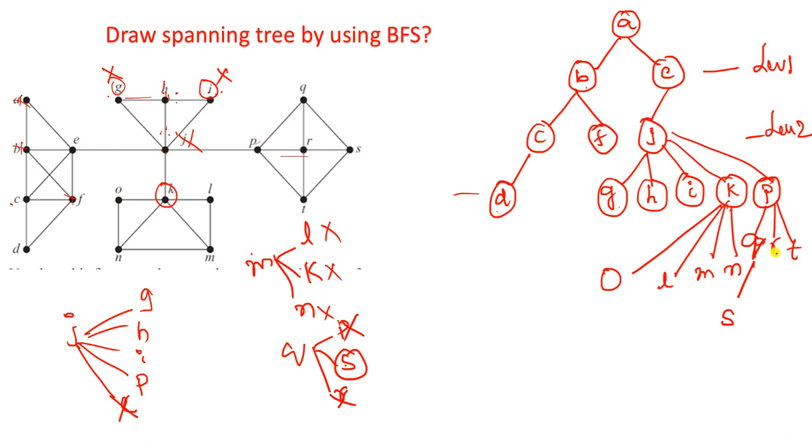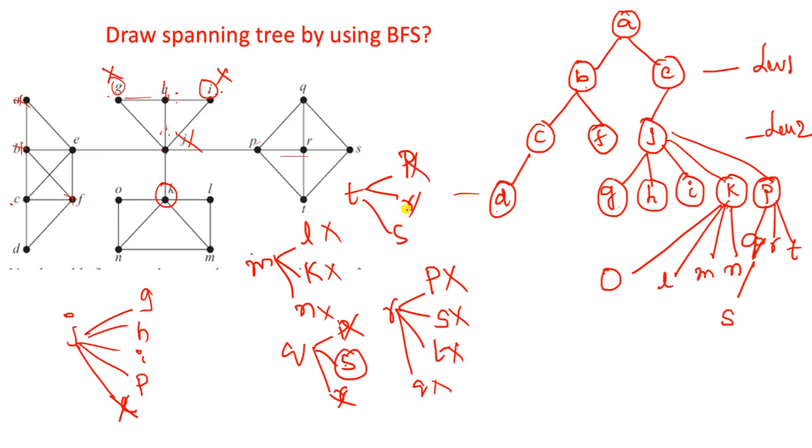So next come to the R. R has a connection with, or is incident with, P, S, T and Q. Okay. So here P is visited, S visited, T visited, Q visited. No new elements. And the remaining element T. T is incident with P, R and S. P visited, R visited, S visited. So there are no other vertices still pending. Okay. And this level is also completed.